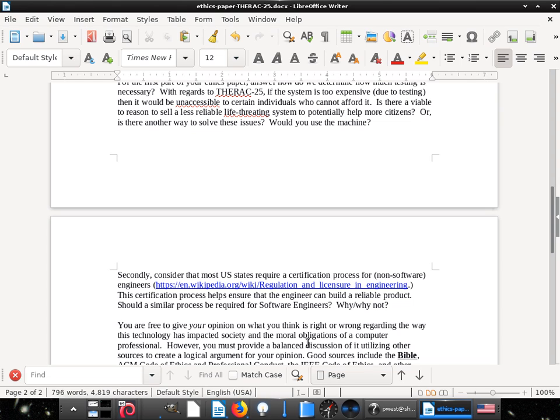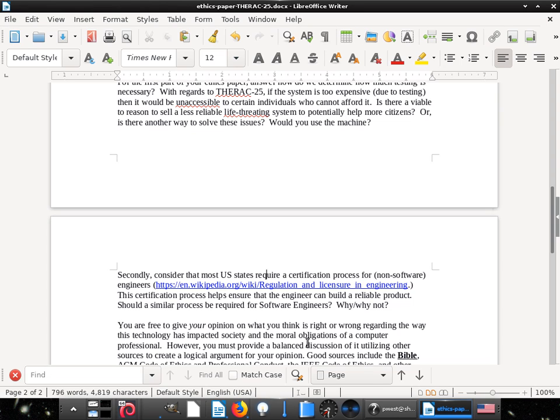Now, keep in mind that if this was a requirement, during our coursework, we would prepare you for that exam to make sure you pass it afterwards. Well, we already take an exit exam and we do all these ethics papers, so I don't see why we needed a certification. The certificate is to ensure the engineer can build a reliable product, so the state or the federal government comes in and says, hey, you must pass this exam that shows that you are going to do certain things to help increase the reliability of your software.